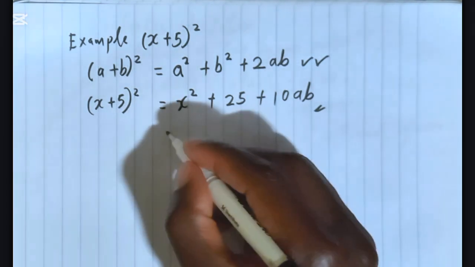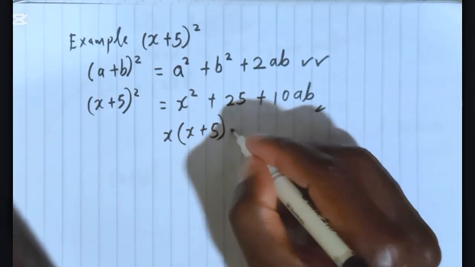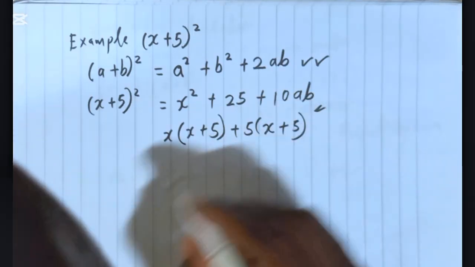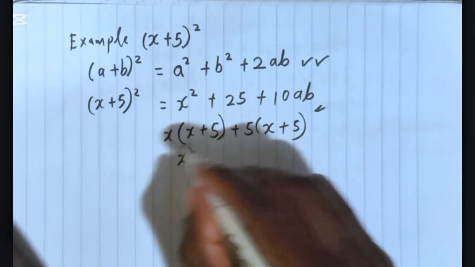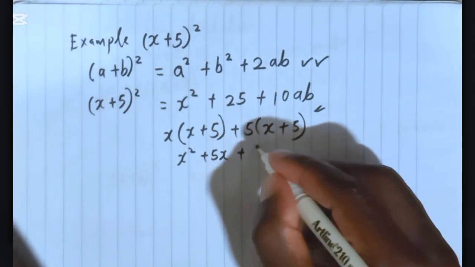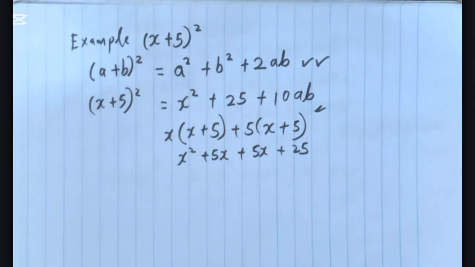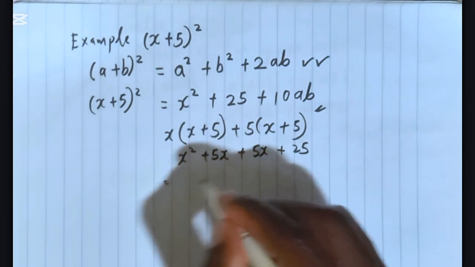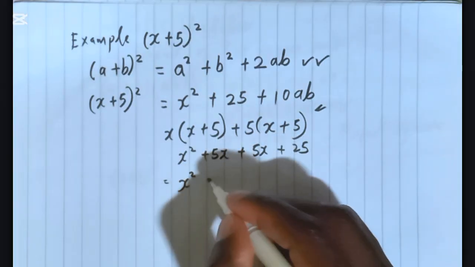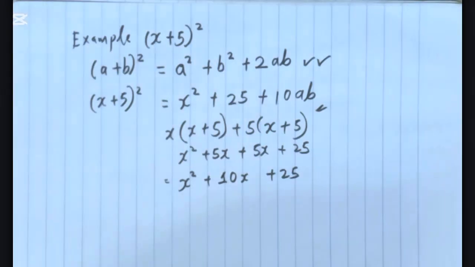So when you expand it, it's going to be x into x plus 5 into x plus 5, all right? And so that's going to be x times x giving us x squared, and x times 5 giving us 5x, plus 5 times x giving us 5x there, plus 5 times 5 giving us 25. All right, so note that to find the answer, we have to add these two here because they're like terms. So that's going to be 10x, that is x squared plus 10x plus 25,